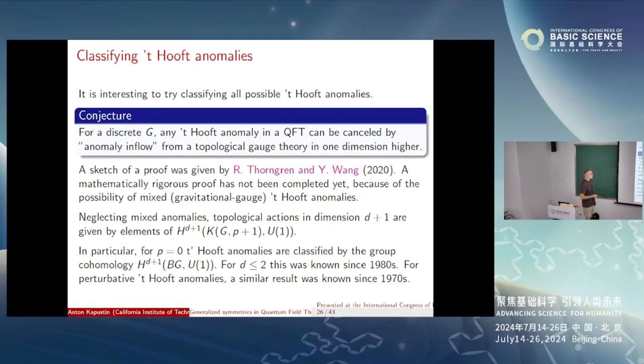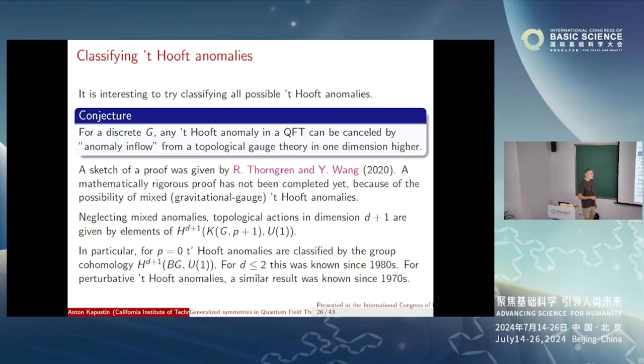It's interesting to classify all possible 't Hooft anomalies, and it's currently believed that for a discrete group, at least, any 't Hooft anomaly can be cancelled by anomaly inflow from a topological gauge theory in one dimension higher. This is a sketch of proof by Thorngren and Wang fairly recently, but there's still no mathematically rigorous proof, because there's some substantial complication: some so-called mixed gravitational gauge 't Hooft anomalies make things complicated. But if you neglect those, then you can show that the anomalies in dimension d plus 1 are given